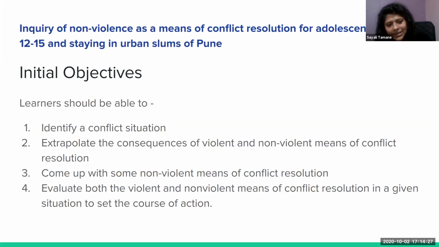And even these are slightly refined versions. Initially we just had questions like, what is conflict, what is violence, and after talking to the facilitators, we said, okay, when we say the learner should be able to, there has to be an action item to the objective. So then we thought of what action we want the player or the participants to take. And these are four of them that I've written here. And then we said, okay, good enough, let us go ahead with this.